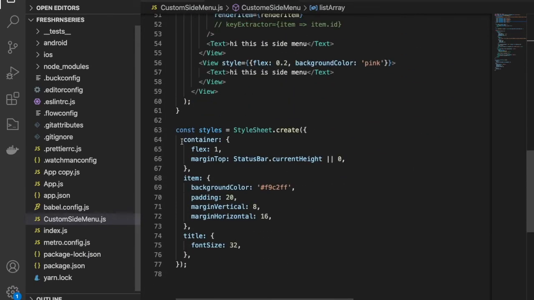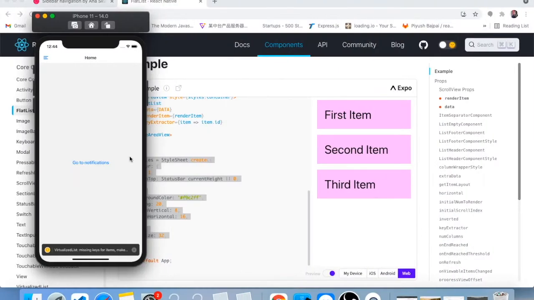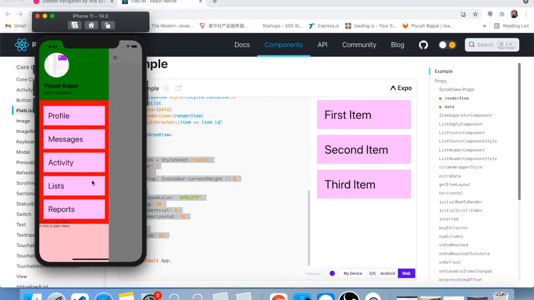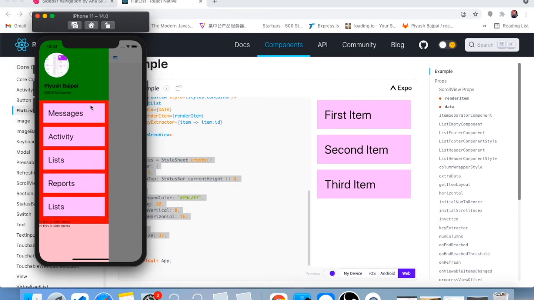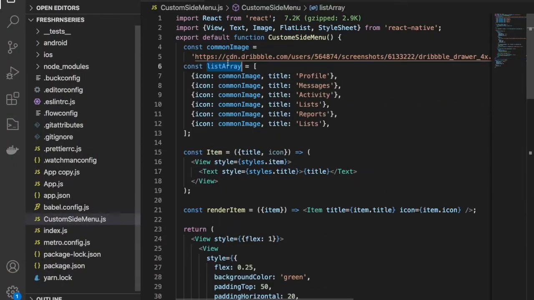That's fine, and we don't need this container, remove this container. Let's see. Cool. So we have this profile, messages, activity list, report. This is a scroll view, right? This is a FlatList where we are injecting this list array.